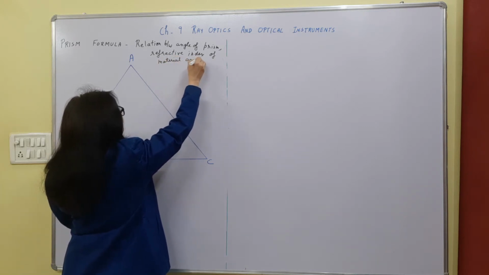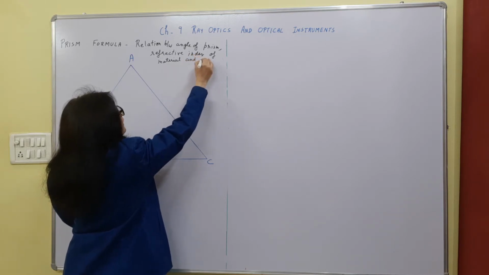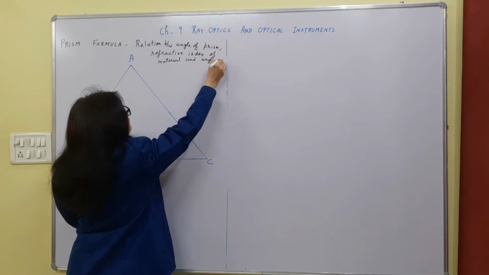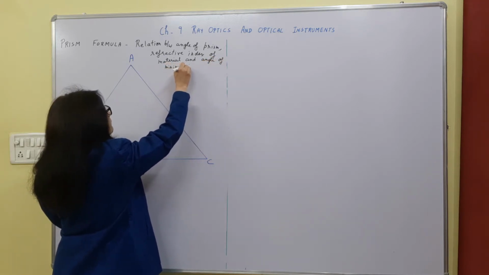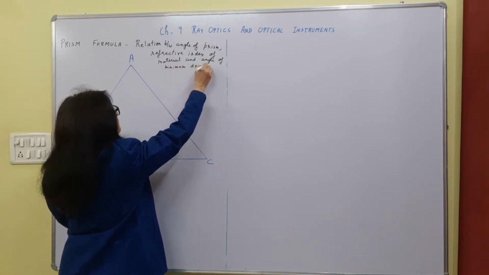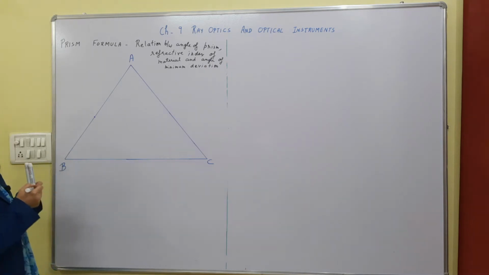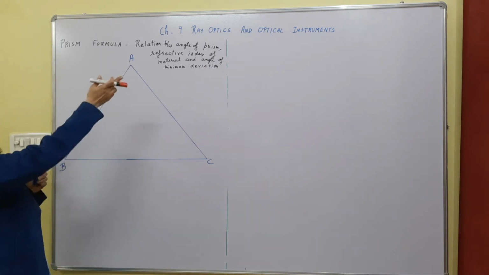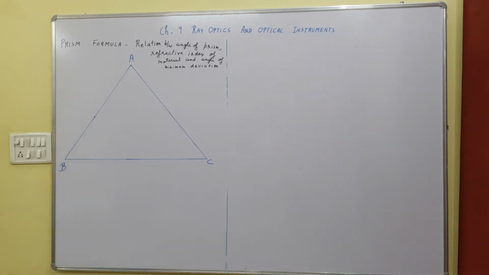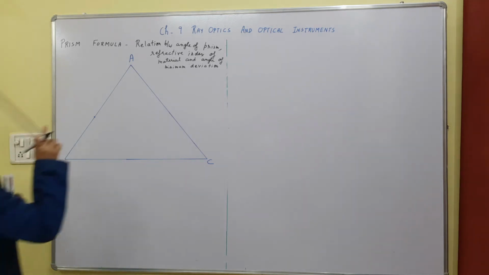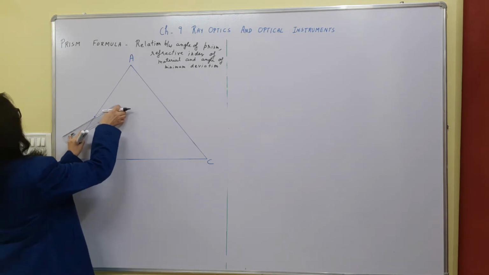and angle of minimum deviation. So while drawing the diagram, I'll clear all these concepts, technical terms which are written over here. So if I'm using an incident ray which is incident at this face,